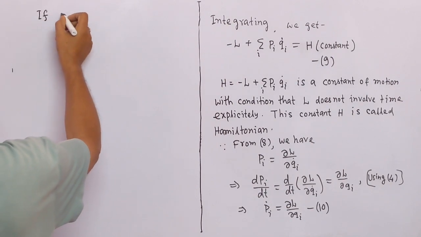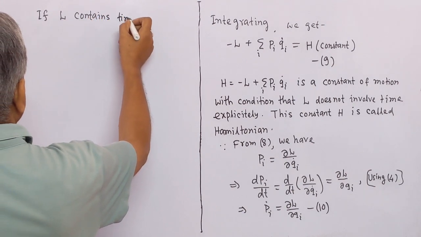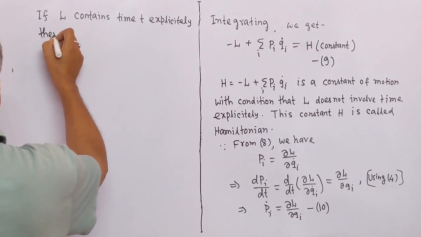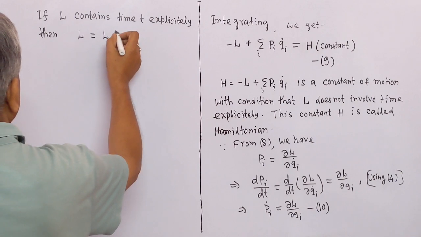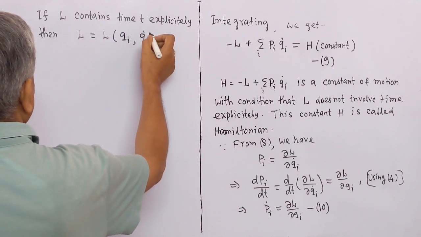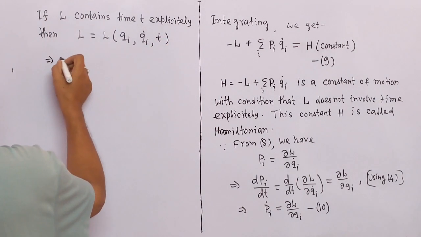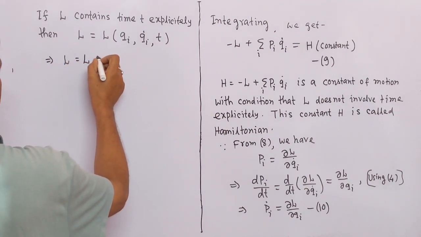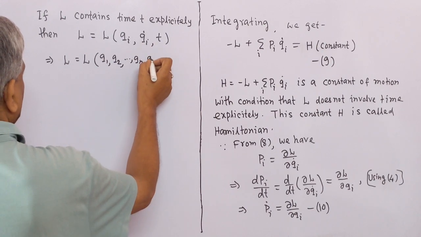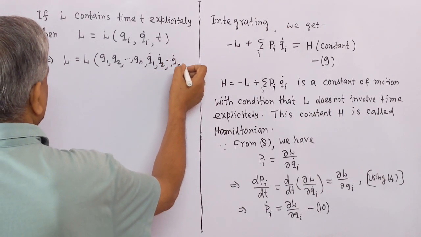If L contains time t explicitly, then L will be a function of the generalized coordinates qi, the velocities qi dot, and time t. We may write this as L is a function of q1, q2, ..., qn, q1 dot, q2 dot, ..., qn dot and t,